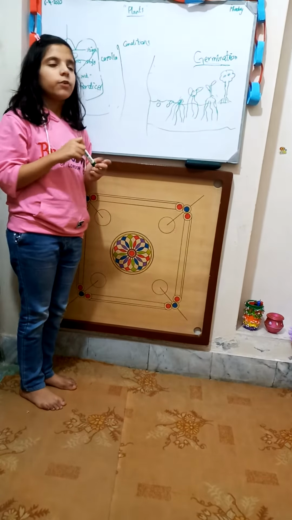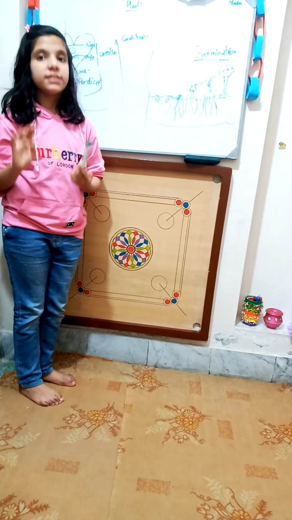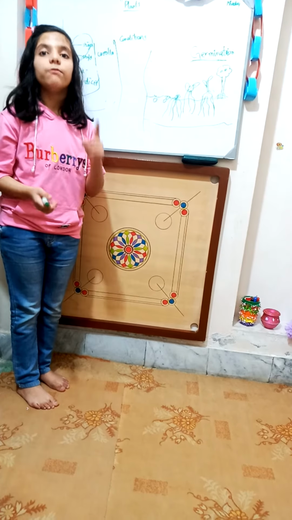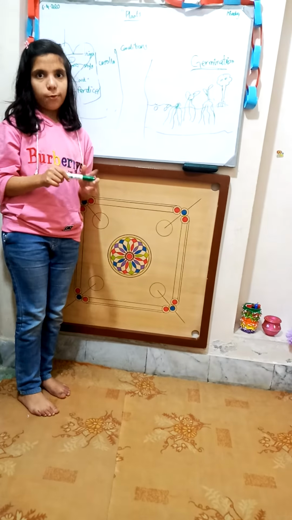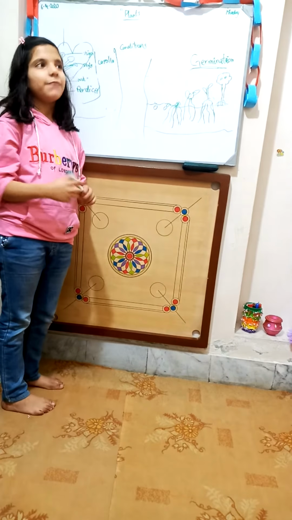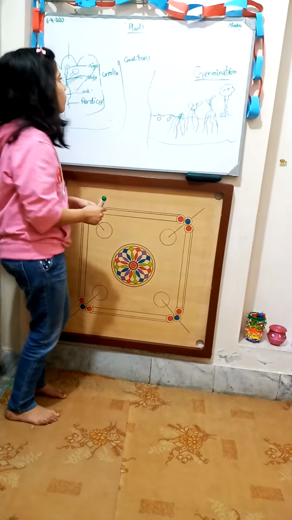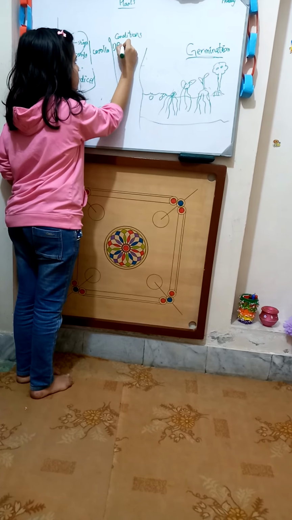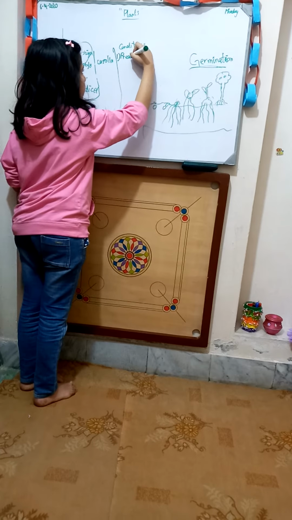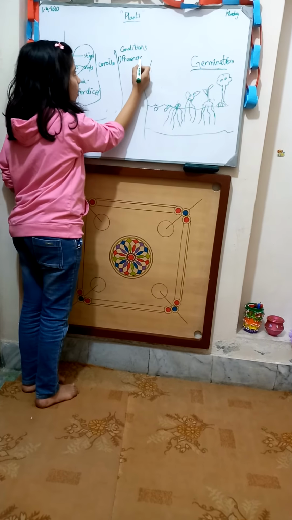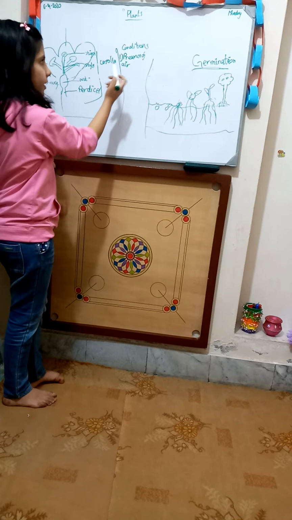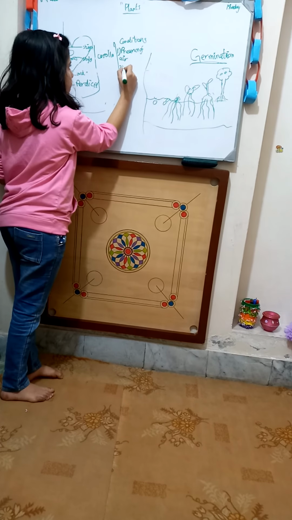For example, the first condition they need is the presence of water. If they have water, they will grow bigger. If they have no water, they will stop growing. That's a condition. So the first condition they need is presence of water, then presence of air, and they need three. Presence